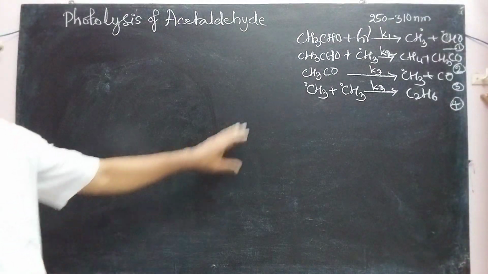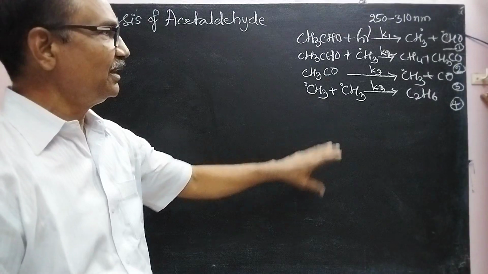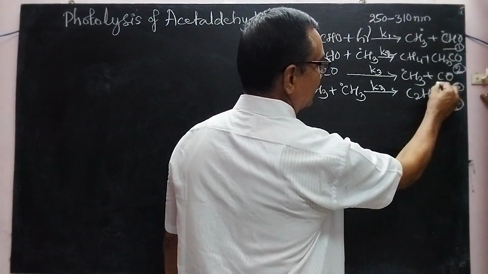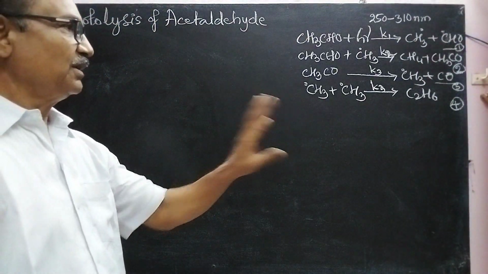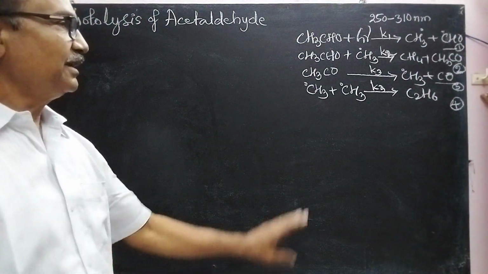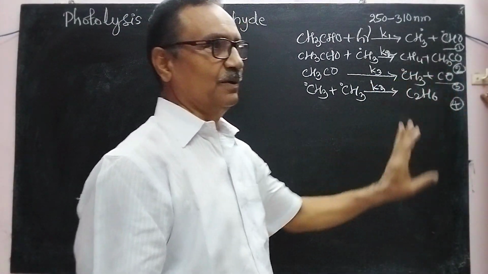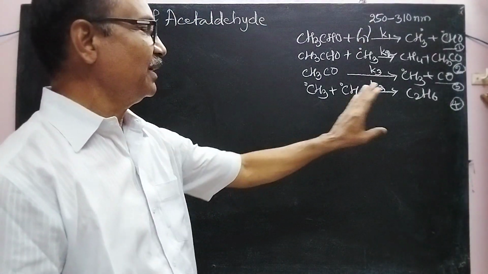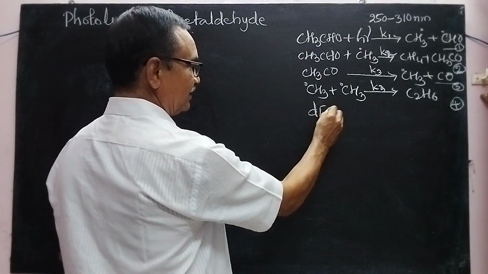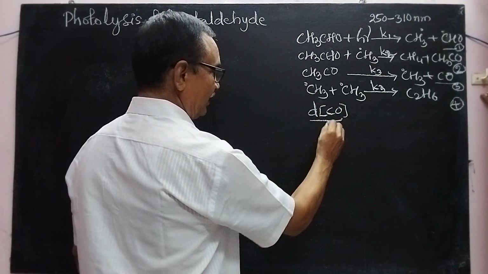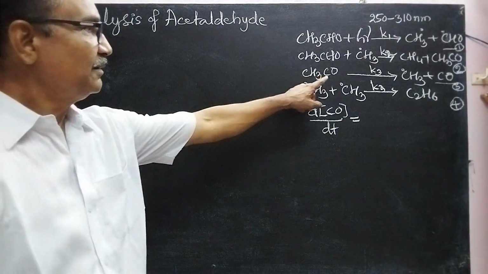Now here, a number of products are there. Out of them, for the kinetics we are going to study, carbon monoxide is considered as the important product. It is the main or final product. Thus, the rate of reaction depends upon the formation of carbon monoxide. Rate of reaction is nothing but the rate of formation of carbon monoxide. Thus, we may write that the rate of reaction is nothing but d[CO]/dt,